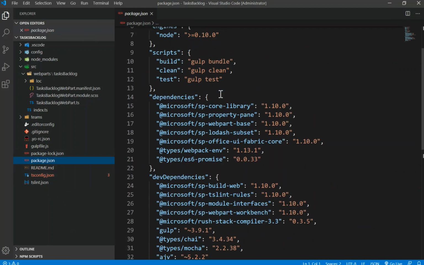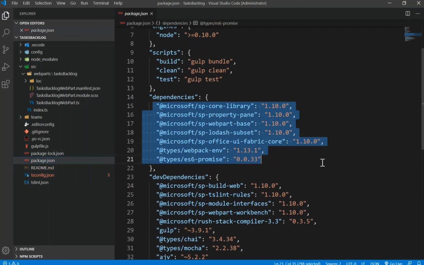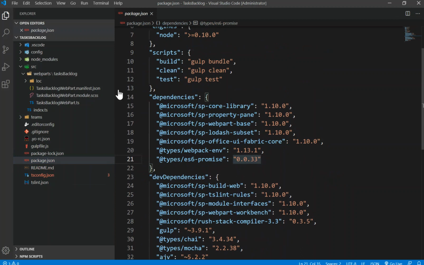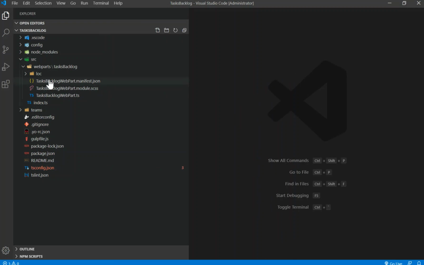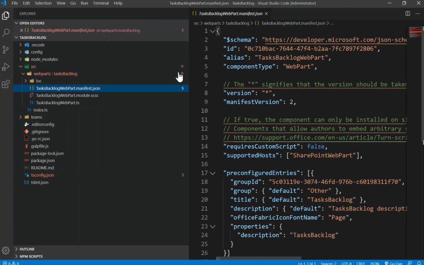ፓኬጅ JSON እያንዳንዱ ዲፔንደንሲያችንን እዚህ ውስጥ እናያለን whenever we want to do some dependencies እዚህ ጋር ሊስት ማድረግ እንችላለን ግን we don't have to we just do npm install እዚህ ጋር ይጨምርልናል የምንፈልገውን ነገር ግን ብዙም የኔ ያክል ዲፔንደንሲ የሚያስፈልገን ነገር የለም አሁን ስንሰራ so with this እዚህ ጋር ስትመጡ የመጀመሪያው እቺ አንድ tasks backlog web part.manifest.json የምትላለች እሷ የmanifest